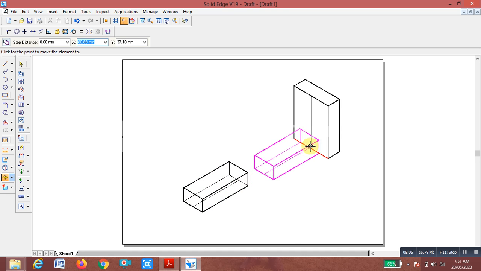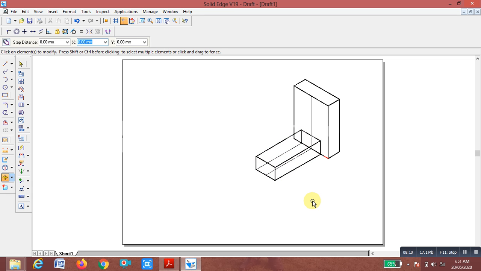Now you can remove the invisible edges. When we are viewing in this direction, these inside edges are not visible. Select the trim command, so you trim unwanted lines inside. These lines are also not visible, only visible edges you have to show.